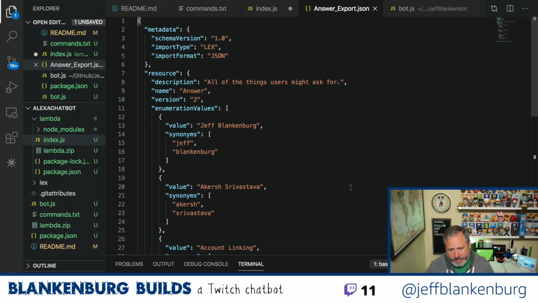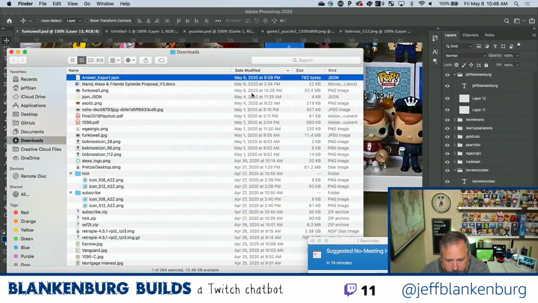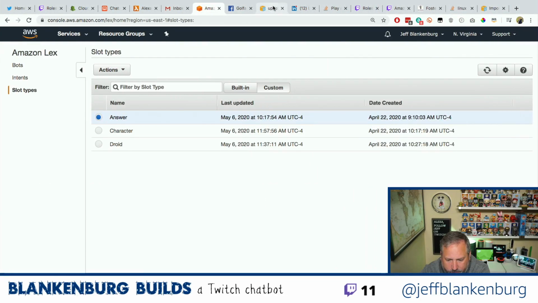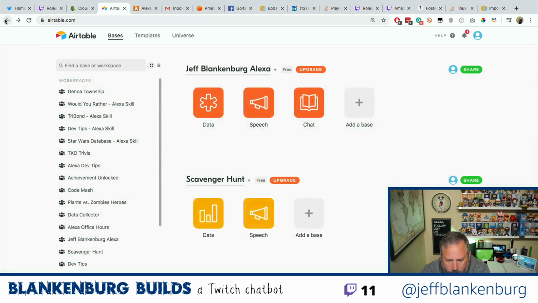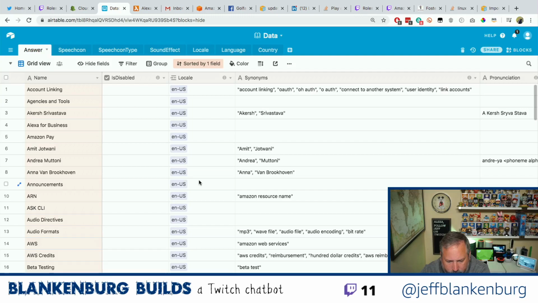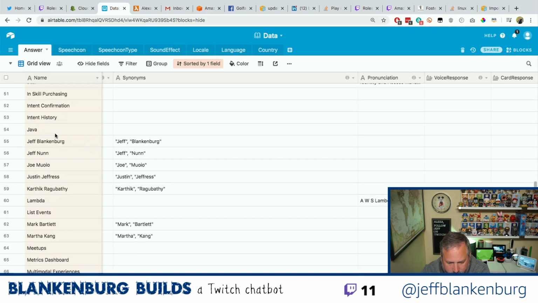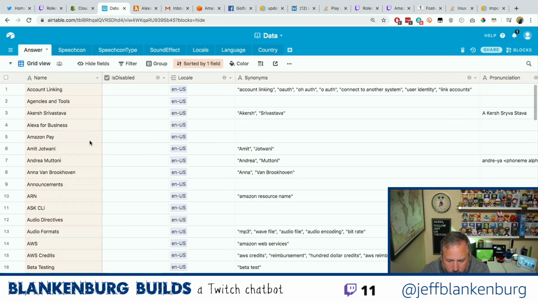Okay. So I guess I just need to create a file that looks like this and then upload it, but I need to make a file that looks like this based on the entire database that I have. So let's look at that. So I have my data somewhere here, and if we come into dev tips, I have this table called answer, and I have all of these values, right? All of these values with potentially all of the synonyms. I'm going to have many more than this, but this is where I'm starting from.